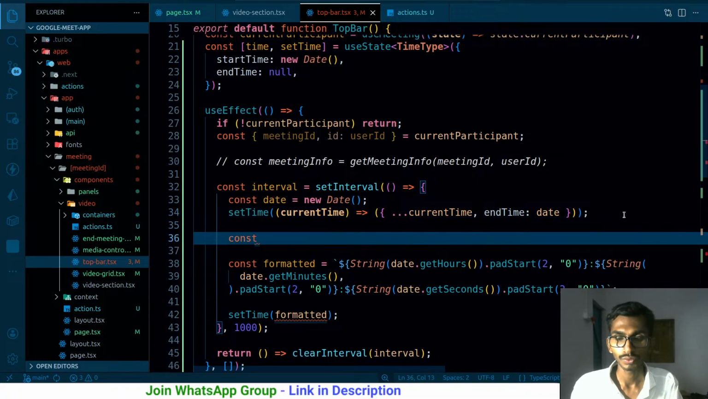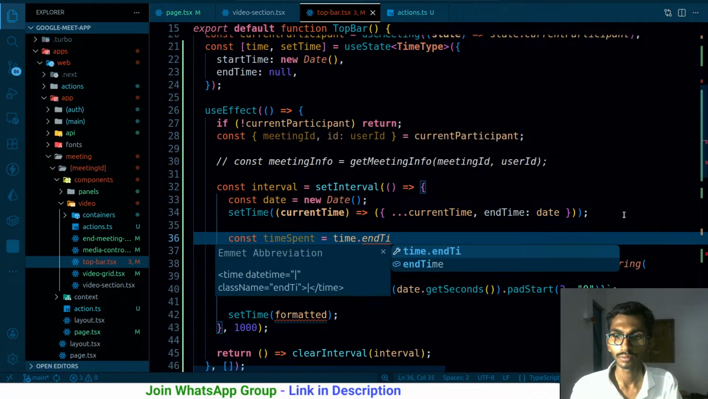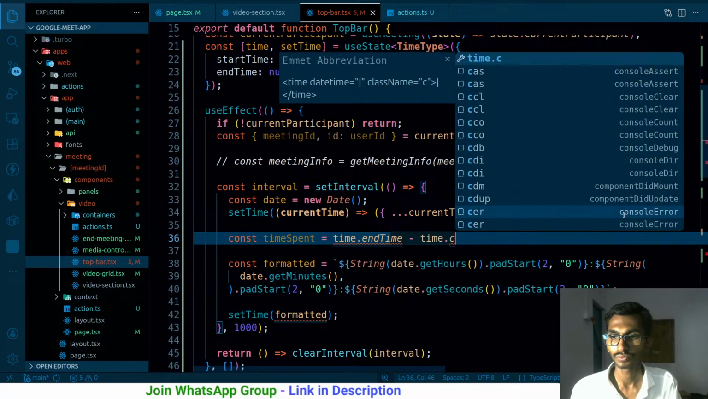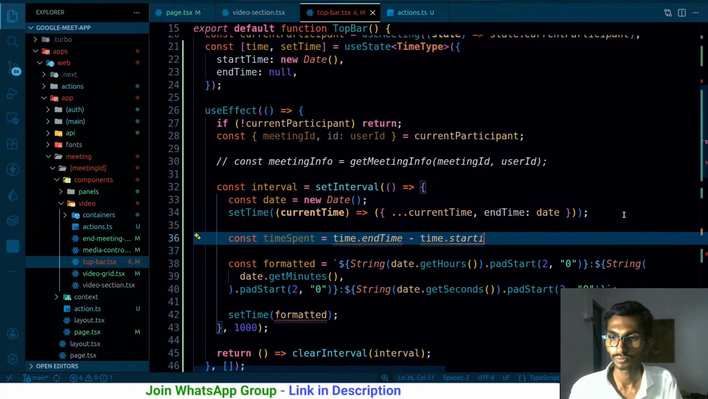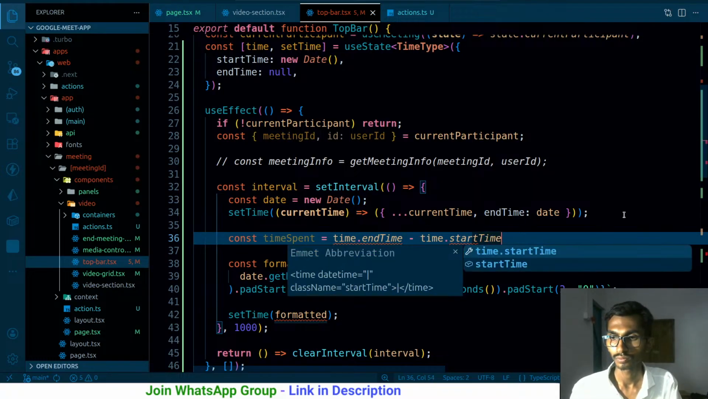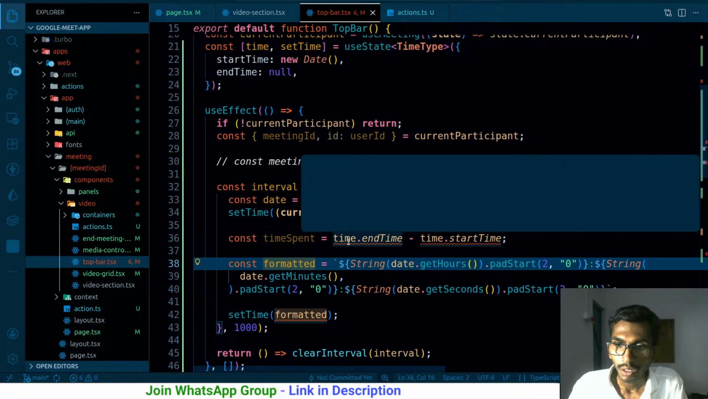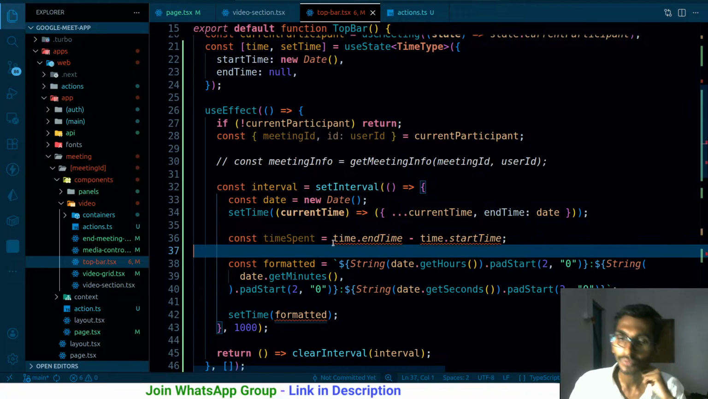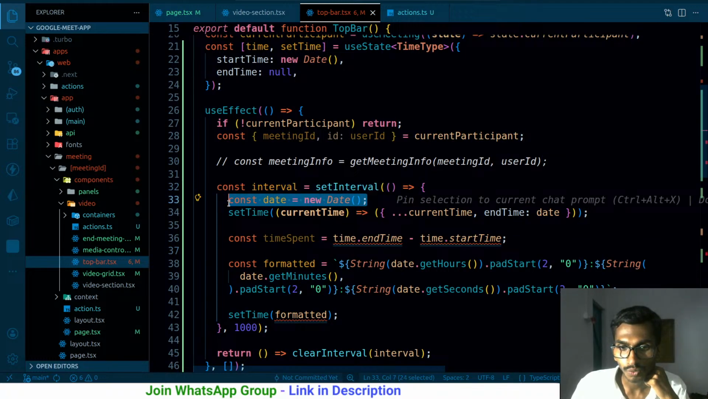So const time spent, that's gonna be equals to time dot end time minus time dot start time. Well, this is gonna be problematic. The left side of the arithmetic operation must be type any number, and time is possibly null. That's the problematic thing. If there is actually null, by the way, any time is already being calculated over here,